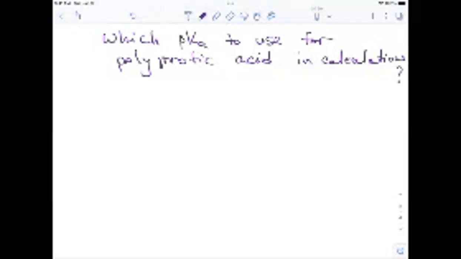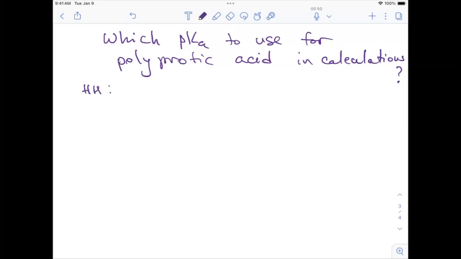All right, in this tutorial, we're going to figure out how to determine which pKa to use if you have a polyprotic acid and you have to do a calculation with the Henderson-Hasselbalch equation, right? So let's start with HH. The Henderson-Hasselbalch equation says that the pH of a solution depends on pKa plus the log of the ratio of the deprotonated form, A minus, over HA,